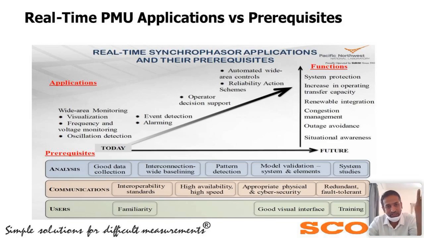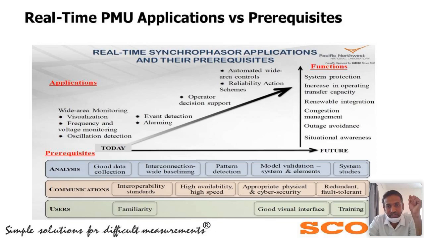Our second semi-automatic thing is that it will guide you on the steps or decisions you need to take based on these particular network issues. So the operator or engineer can read those decisions, interpret them his own way, and take the decision based on the system's prompt. Third one is the manual system: whatever you observe on the system, based on that information, you can manually take control of the system. Those are all the advantages you are going to have in real-time systems and in the future system.